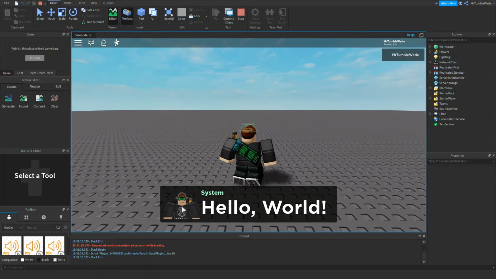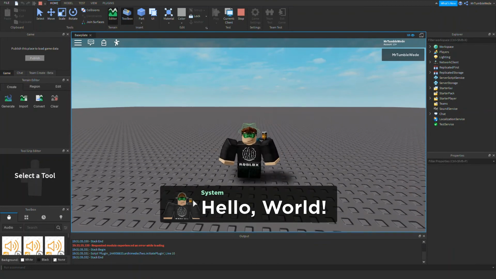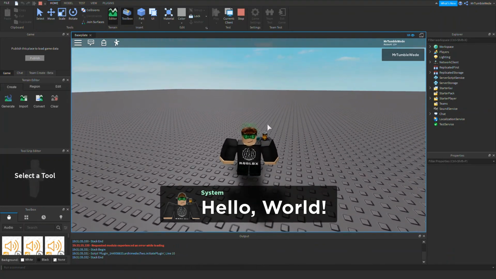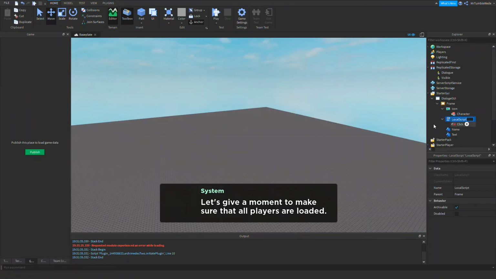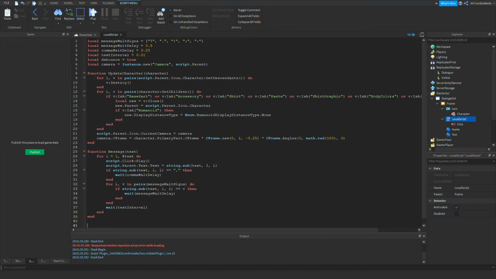Now it works, as you can see, and it also shows me the actual character animation. It will even show the exact positions and stuff. Now you might be wondering, why does it not show my name? It doesn't change the name, it still says system. Well, that's because we haven't put any code yet that would give us the name, and we're going to do that now. Okay, so that was just a test to see if it was working.